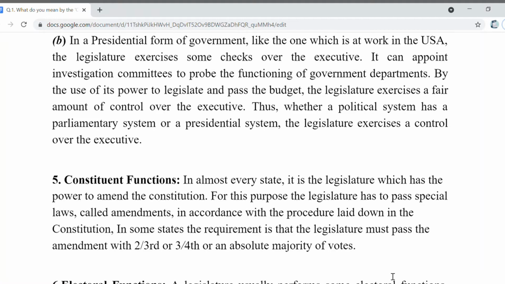UGC नेट एग्जाम में ये बहुत बार ऐसे टाइप के क्वेश्चन पूछे गए हैं. तो थ्रू दिस लेक्चर आई विल डेफिनेटली क्लियर आउट कि कैसे अमेंडमेंट हो सकता है और अमेंडमेंट के लिए कौन से पॉलिसी मतलब कौन से टर्म्स रिक्वायर्ड किए जाते हैं. तो अमेंडमेंट कैन ओनली बी डन बाय द लेजिस्लेचर. मेक श्योर दिस पॉइंट. और लेजिस्लेचर जब भी पास कर सकता है अमेंडमेंट व्हेन 2/3 or 3/4 or an absolute majority of votes be there for that amendment.